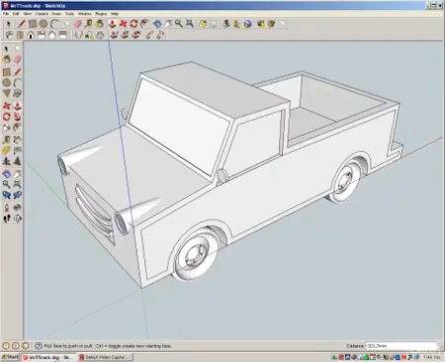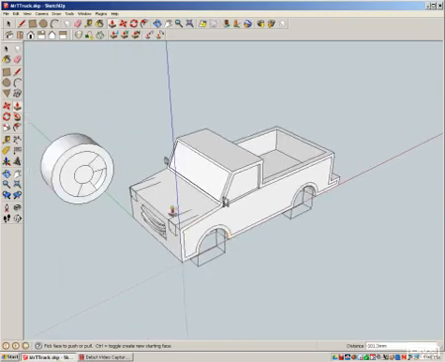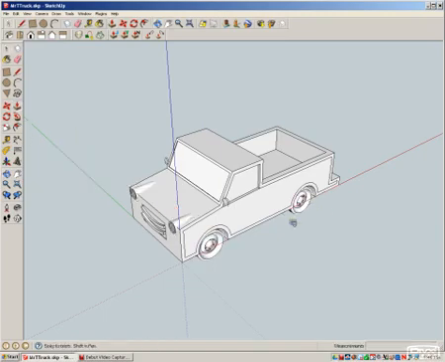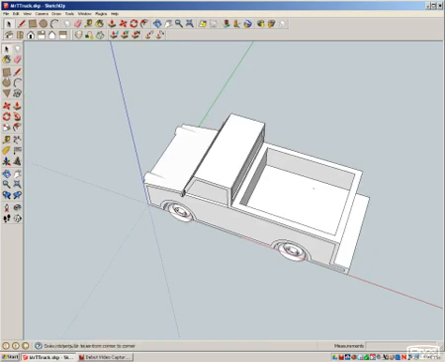Okay, we're going to show you a few more little tips and tricks. This just goes along with details, but I wanted to show you a few more things we can do with some of the different tools. I usually get lots of questions. How do I make a stack? I want a big old muffler coming out the back, either the back here or a semi-style exhaust stack coming